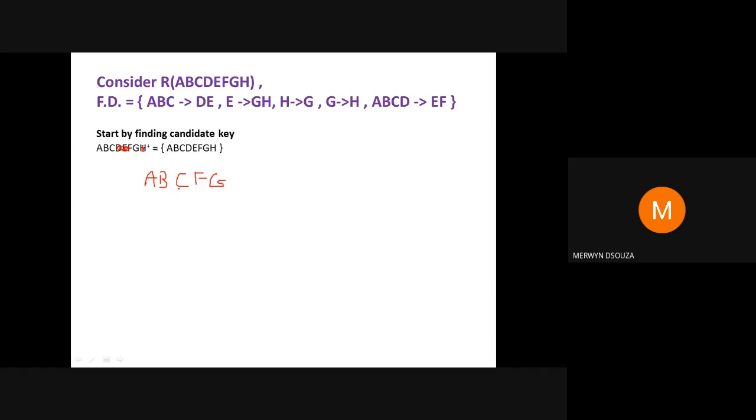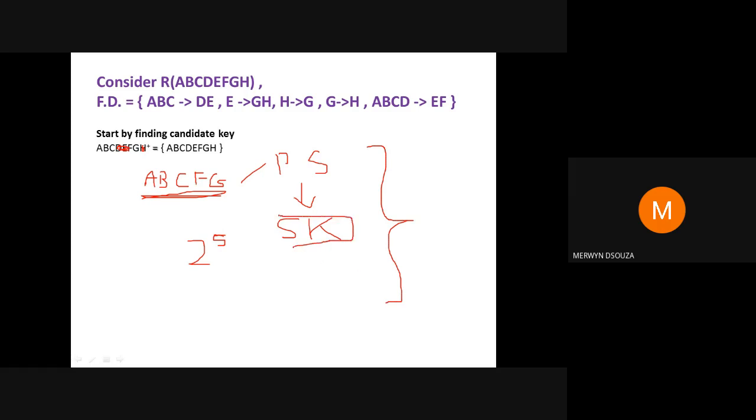Now if you declare this as the minimal super key, the next step is you want to find out whether it's a candidate key. For that you need to find the proper subsets, and from those proper subsets check whether they are super keys or not. There are 5 attributes here, so you will get 2 raised to 5 combinations at least. The number of subsets will be quite a lot. To check whether they are super keys, you can do it, but it is tricky. So there's another way you could still minimize it.